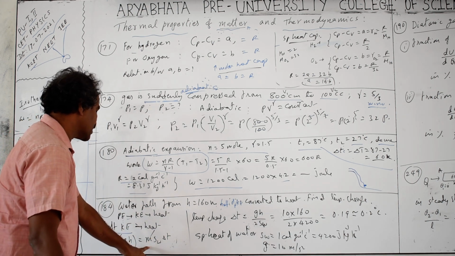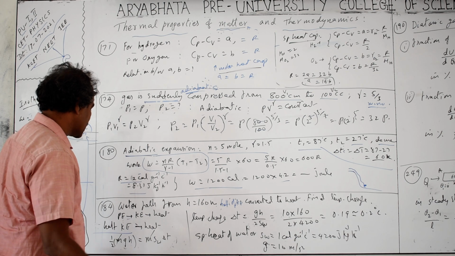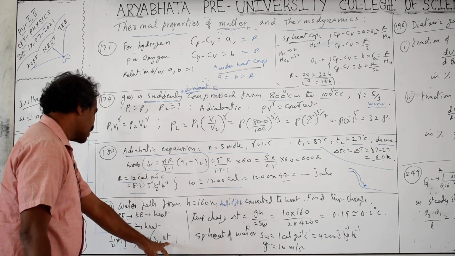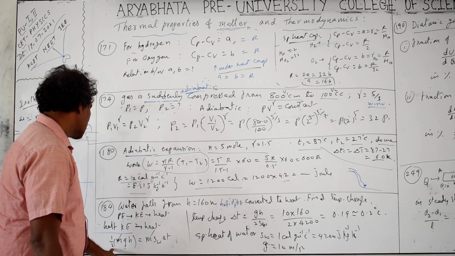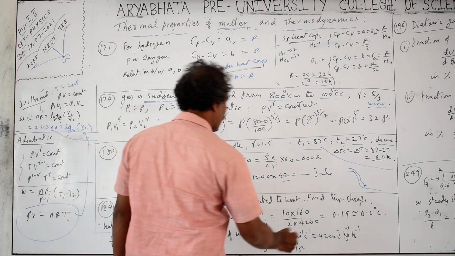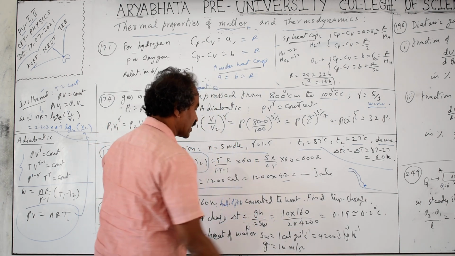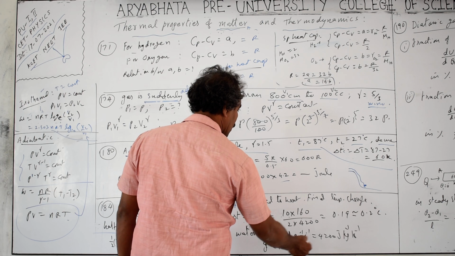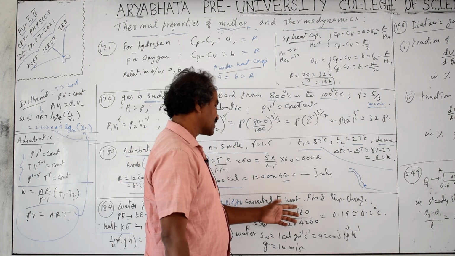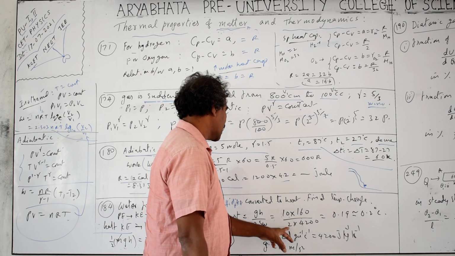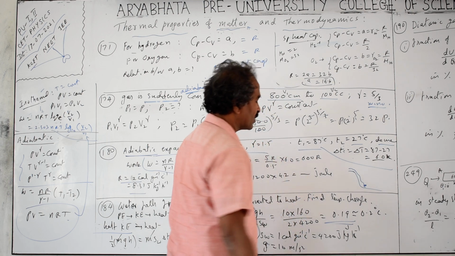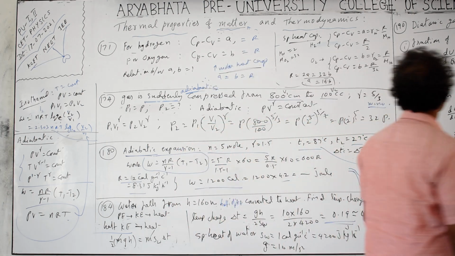Heat absorbed is mass into specific heat into change of temperature, dq. So delta T you have to find out. Mass cancels. You will get half gh equal to specific heat of water into change in temperature. Specific heat of water is 1 calorie per gram per degree centigrade, or in SI, 4200 joule per kg per kelvin. So g is 10, or 9.8 nearest value, into 160 meters by 2 into specific heat of water. The result is 0.19 something, approximated to 0.2 degrees centigrade.